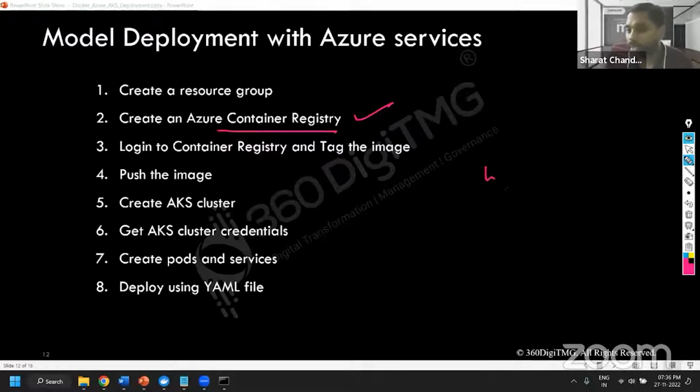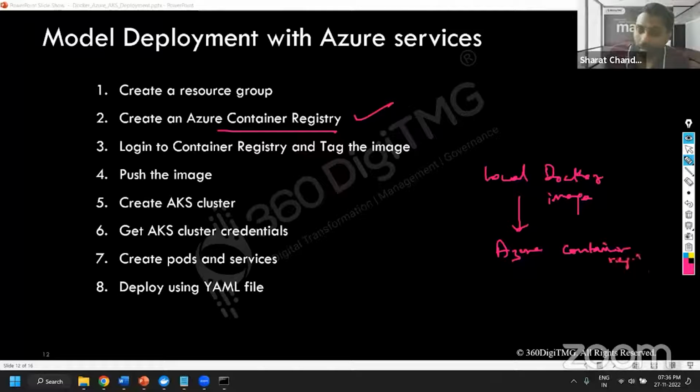So we will map the local Docker image. You have a local Docker image, right? We will map that to this Azure Container Registry. We will get credentials, so we will map using these credentials. And from here, we will be able to push that onto your